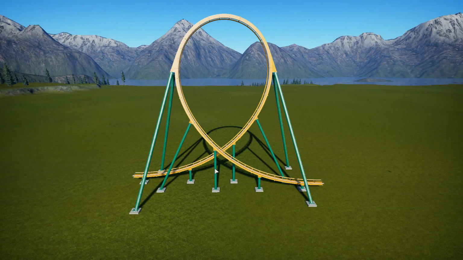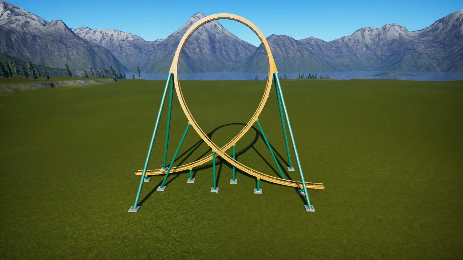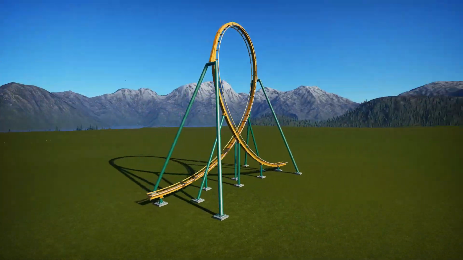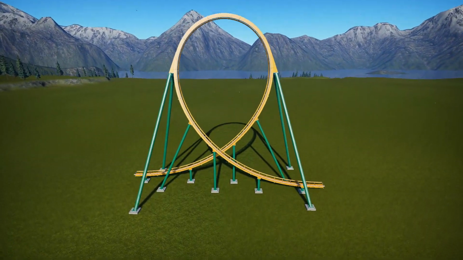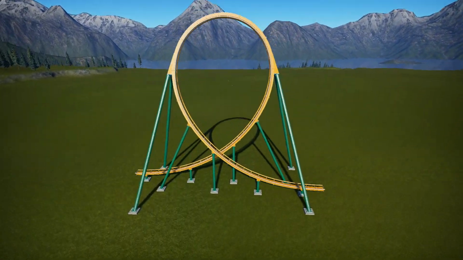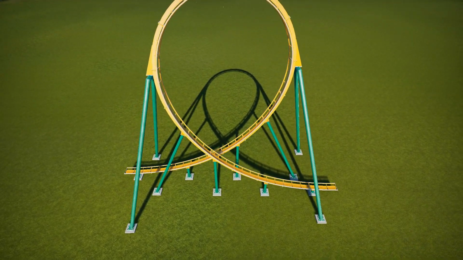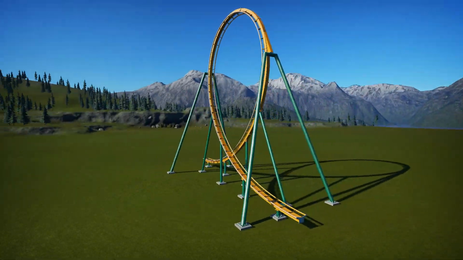Hey everyone, and welcome to a new series that I'm going to be starting on the channel for making some custom elements in Planet Coaster using the new Planet Coaster mod tools. And basically just the varying track lengths that you can use now thanks to the mod. It's more specifically the 2 meter method because it's the best thing that's happened to this game in a very long time. As well as that,